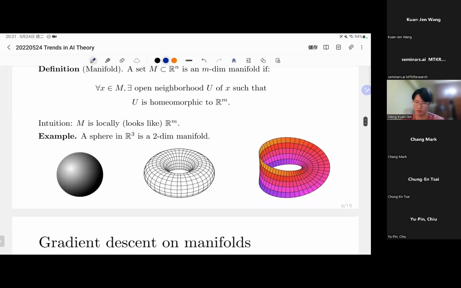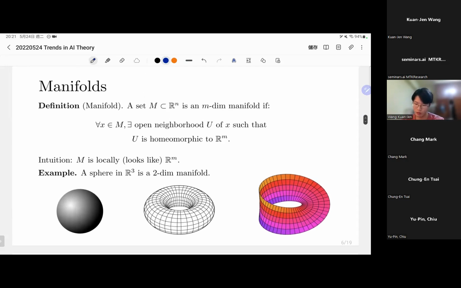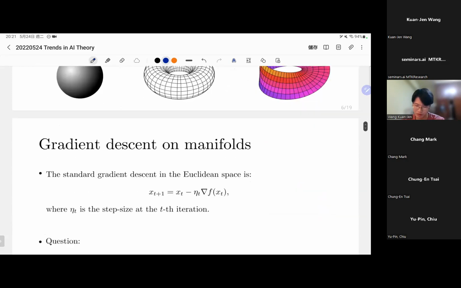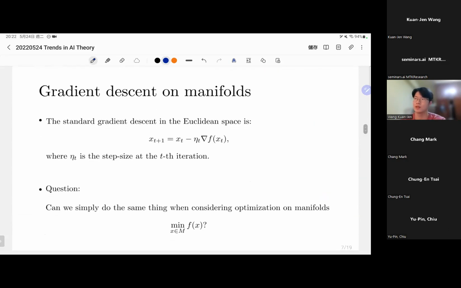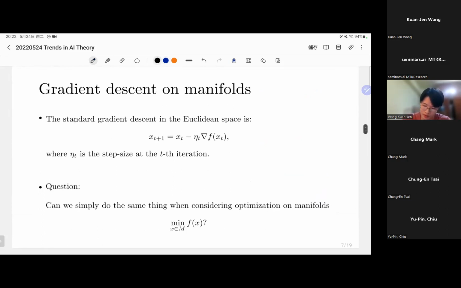Okay, so after a brief introduction to what a manifold is, can we now define what gradient descent on manifolds is? Because we have our standard gradient descent in the Euclidean space, which is of this form. It says the next iterate should be the current iterate minus the current iterate's gradient times some step size eta t. And can we do the same thing for